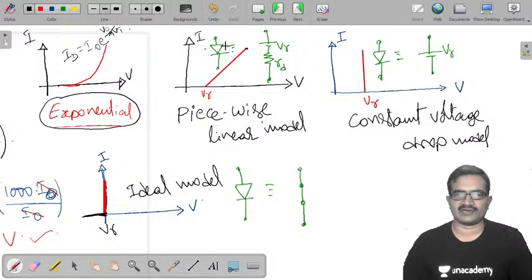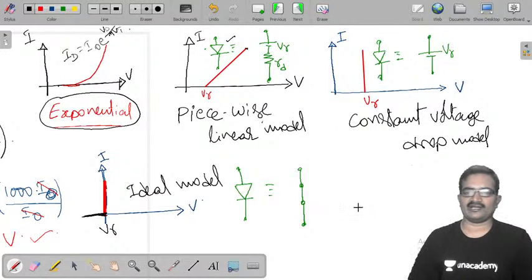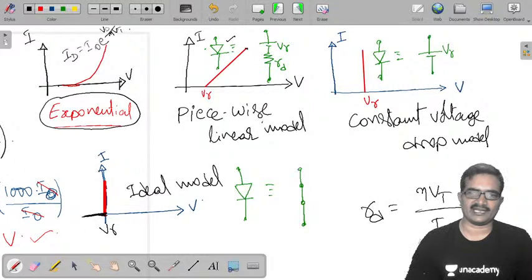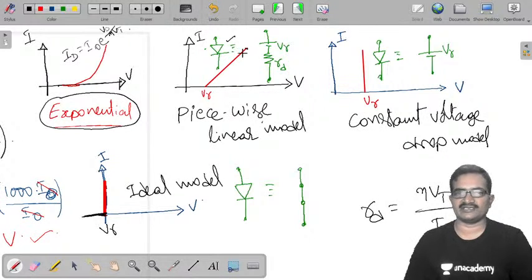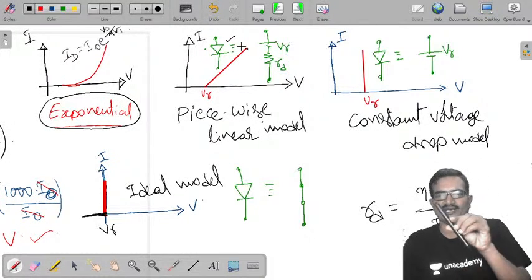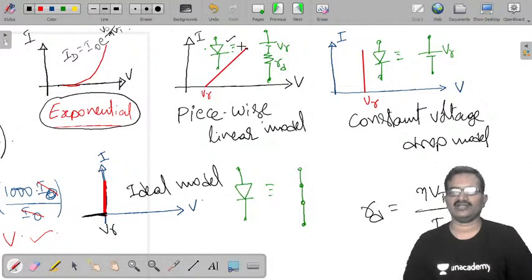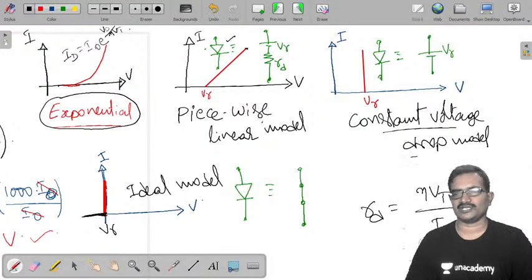Now in that case your diode equivalent circuit is represented by V gamma followed by dynamic resistance, forward dynamic resistance. And already we derived an equation for that forward dynamic resistance, that Rd is eta Vt by Id, diode forward current Id. And another one, just whatever we have V gamma, I am going to be keeping that vertical. That is another model. We call it constant voltage drop model. Now the equivalent diode can be replaced by simply V gamma.